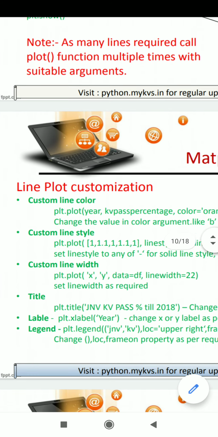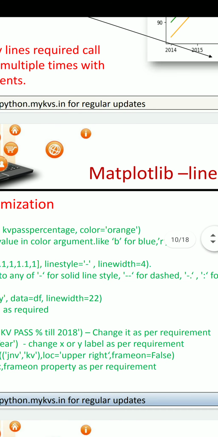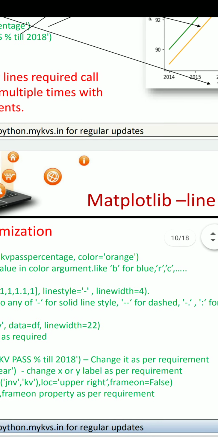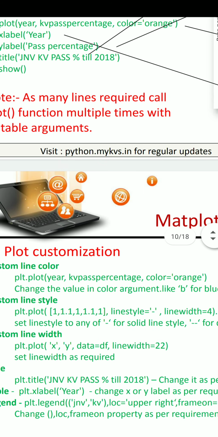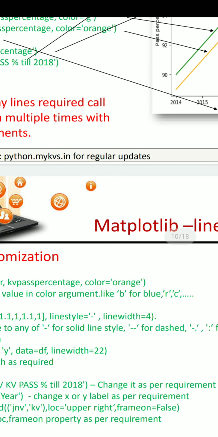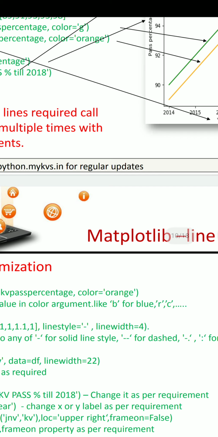What you have to do, the first argument is year of the plot method. So in plot you have to make a correction in color only. As per your requirement you set the color, and its color will be changed. If you write R then red. If you don't know the shortcut, for example orange, we cannot use O. So in that case write the complete name. So either write the complete name of the color or write the shortcut as per your requirement.